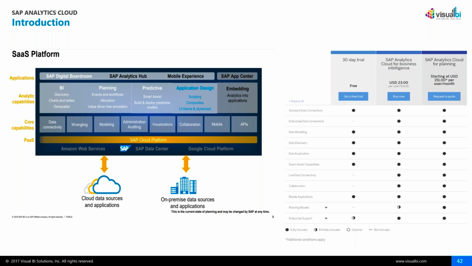There are some innovative solutions like the SAP Digital Boardroom. But one question that constantly came up is, I still have my Webi, I still have my Analysis for Office, I still have my Design Studio application. So SAP has an Analytics Hub as a kind of a bridge between Analytics Cloud and your traditional on-premise